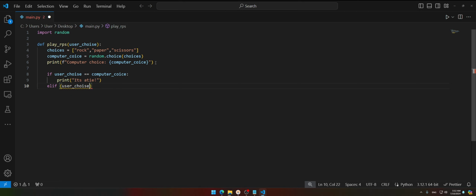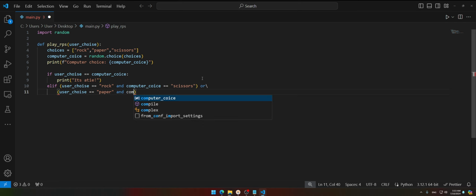So if the user choice was equal to rock, let me copy to put the correct name here, and computer choice was equal to scissors, or user choice was equal to paper, and computer choice was equal to rock,